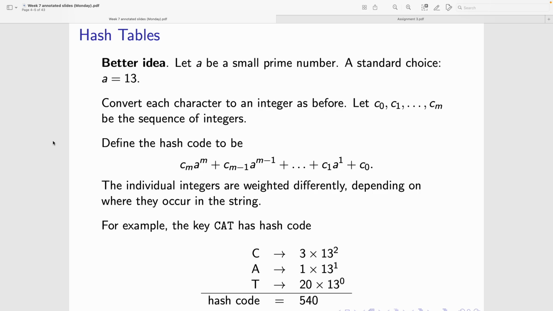The whole reason why we do that, because it's definitely not immediately obvious why a polynomial does better than just a regular old adding function,